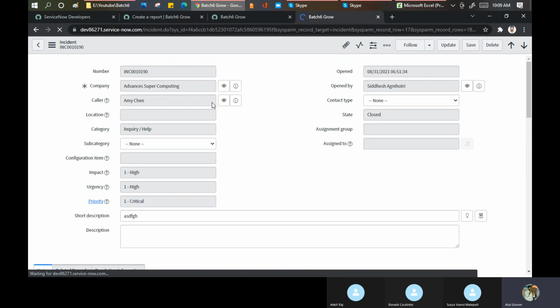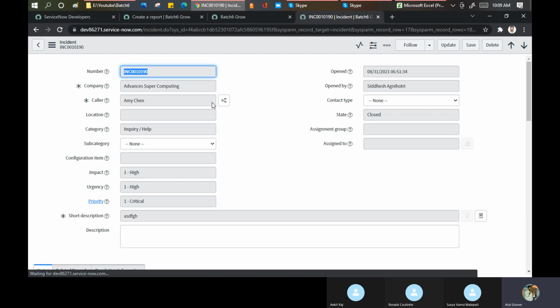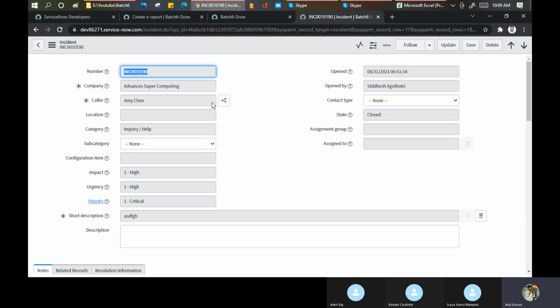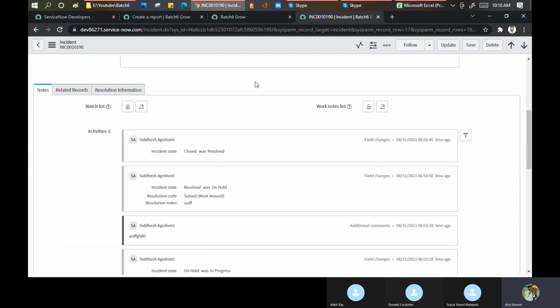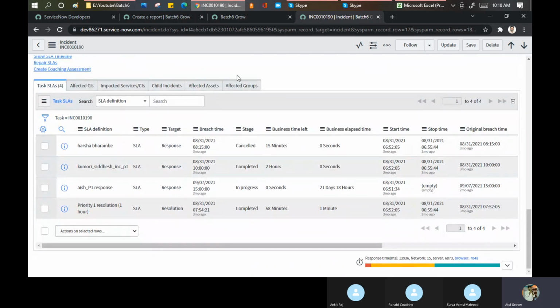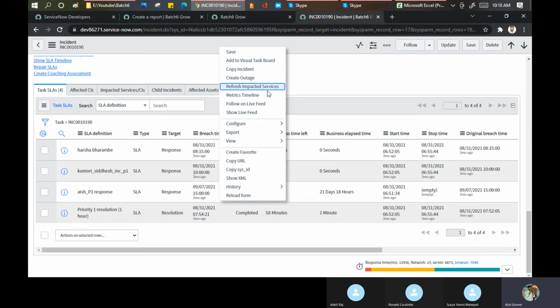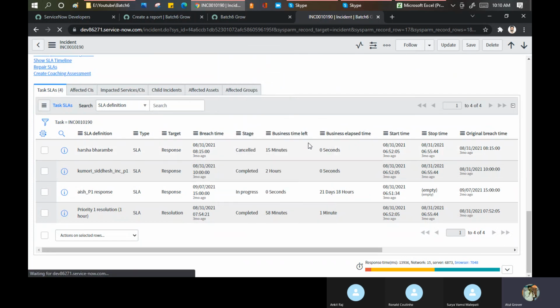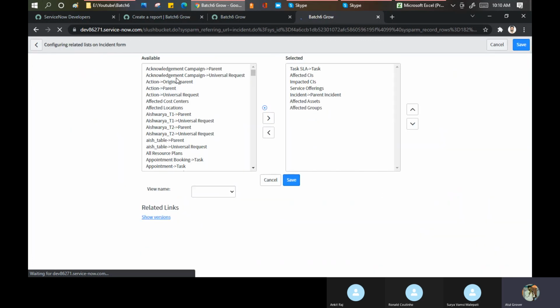Atul, I got a ticket, I work on a ticket and assign it to X group. X group works on the ticket and assigns it to Y group. Y group works on the ticket and assigns it to A group again. How and where can I see how much time a group kept the ticket in their bucket? These are the metrics. And if you scroll down, okay, they don't have this related list. There's a related list available. If I go and put it here, configure related list. That is called the breakdown. Something like assignment group breakdown, there is something there.